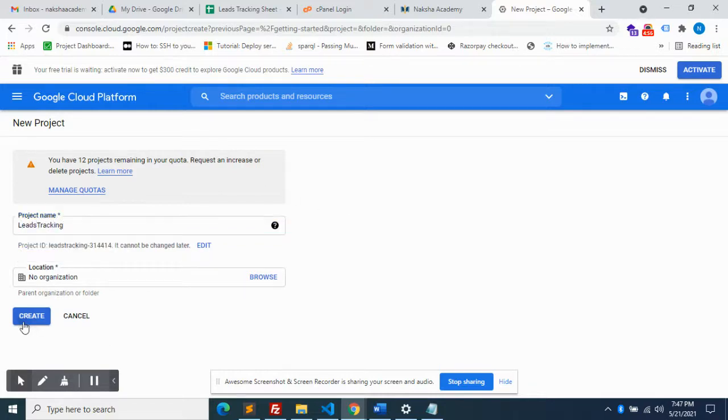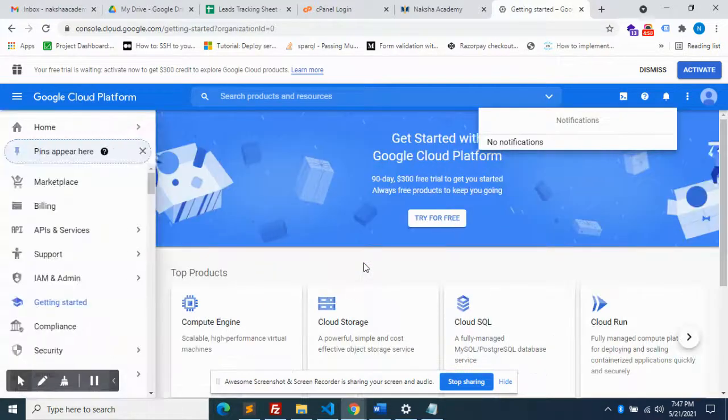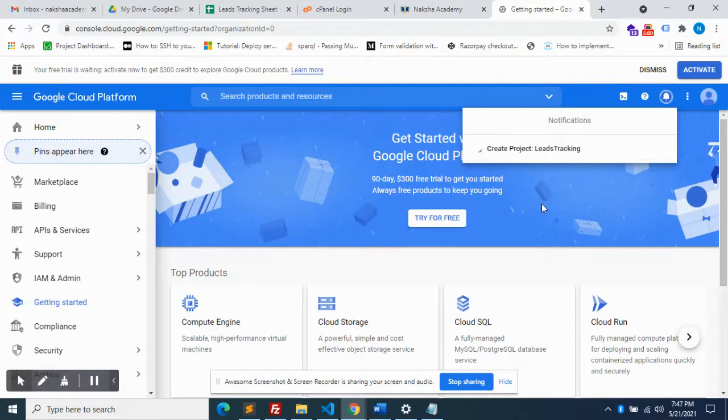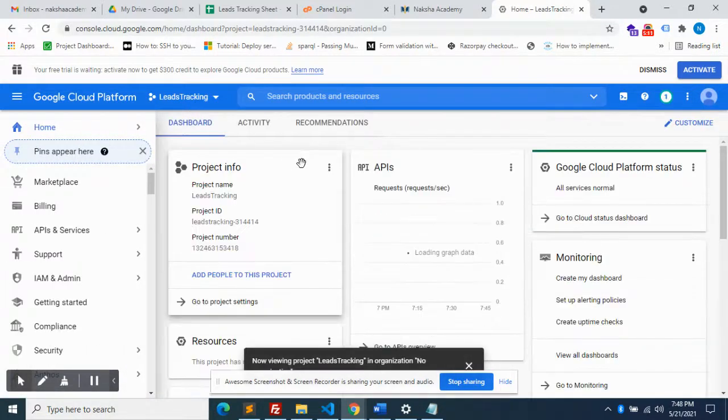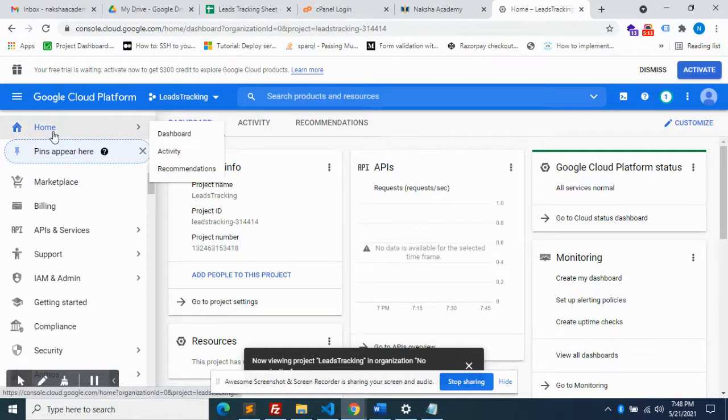Create. It will take a few seconds. Now select the project name. Now we are under the project, so click the home dashboard.